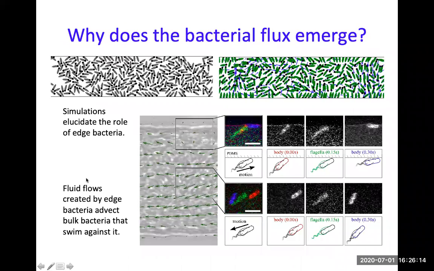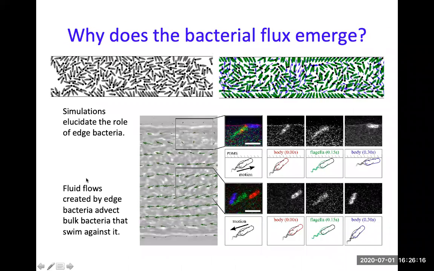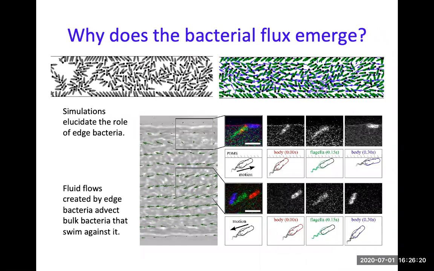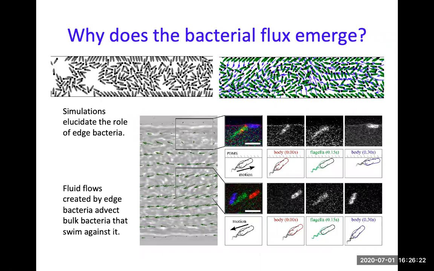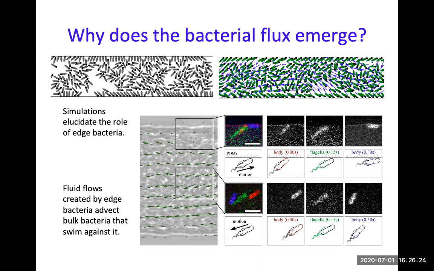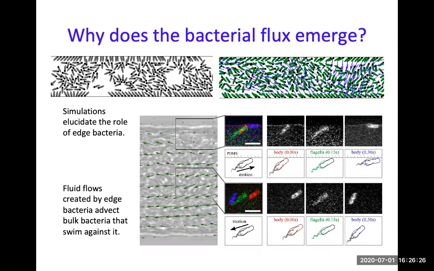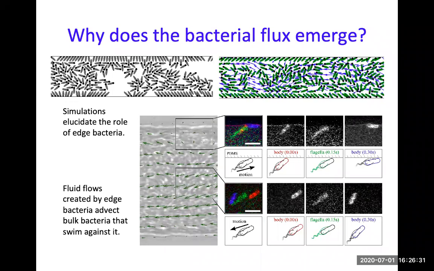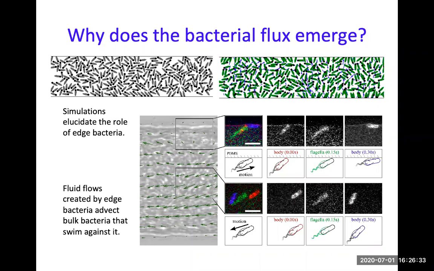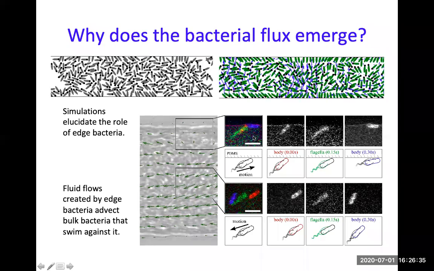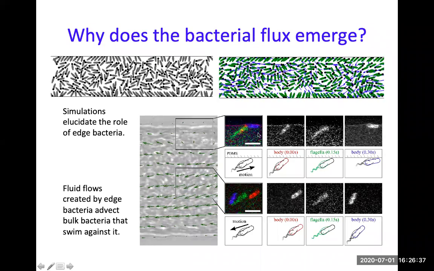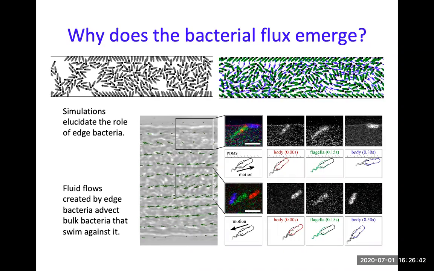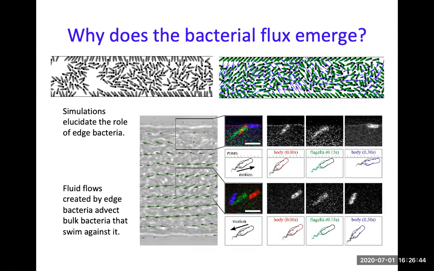If you turn off the fluid flow, you don't get this organization, right? You may get some local alignments due to shape, but no streaming of bacteria. And of course, we used the experiments as well to check: is this correct? And indeed, they revealed that the bacteria at the sides, right near the boundaries, are moving in the direction they're pointing, but the ones in the middle are swimming against the flow. They're mostly just being carried back by this fluid flow.